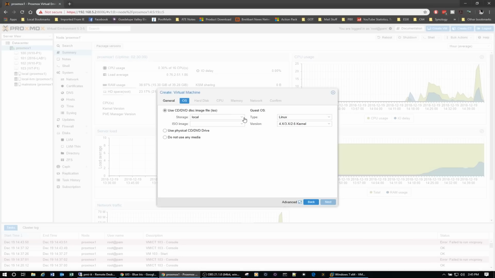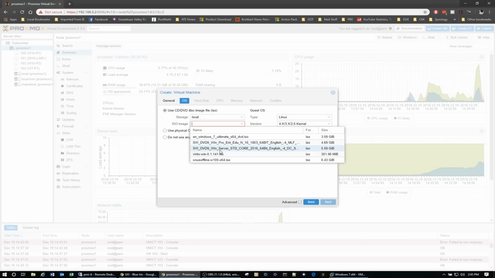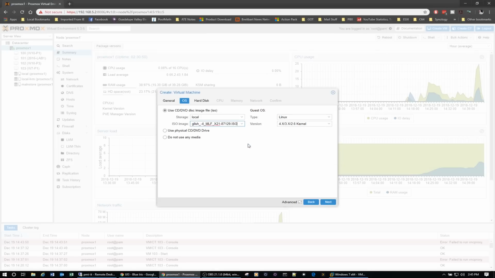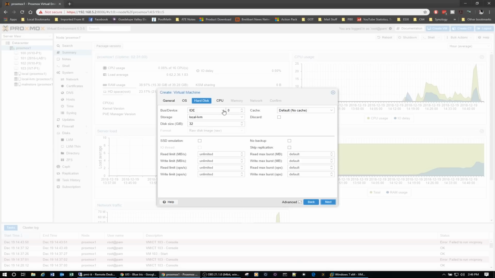Next, our ISO we need to point to, so it's a local directory, and it's the software DVD 9 Pro Windows Pro Educational 1803. Yes, I do have 1809, but I'm just going to use the 1803 image for right now. It changes to Microsoft Windows 10 2016. Click on Next. For the hard drive, we're going to change this to a VirtIO block device, and